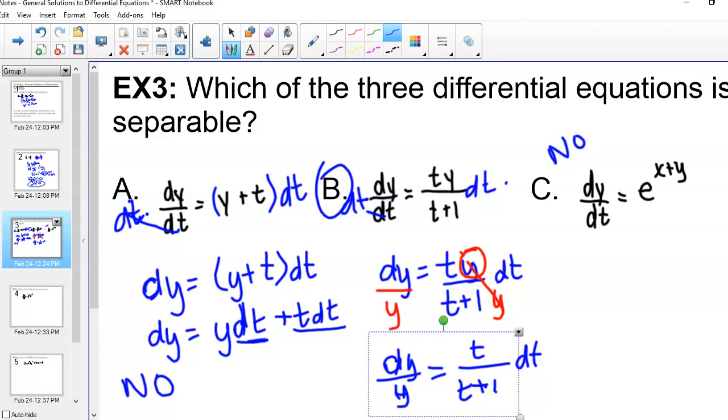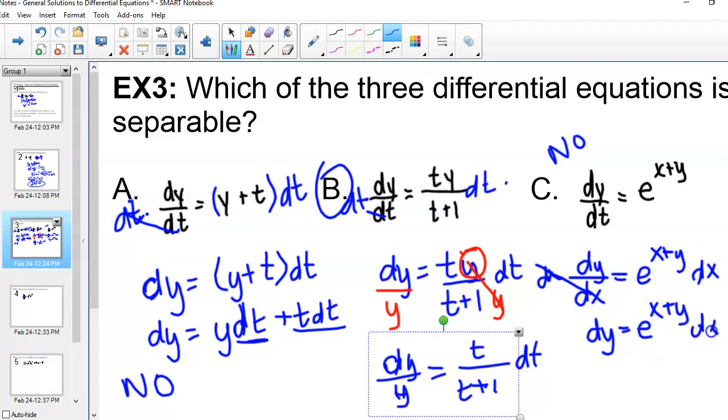However, I think I may have written that one wrong. If it were dy over dx equals e to the x plus y, then this one's a little bit strange because it will actually separate. Watch this. If I multiply both sides by dx, I've got the dx over here. Now this looks a lot like a, where I've got an x plus y,